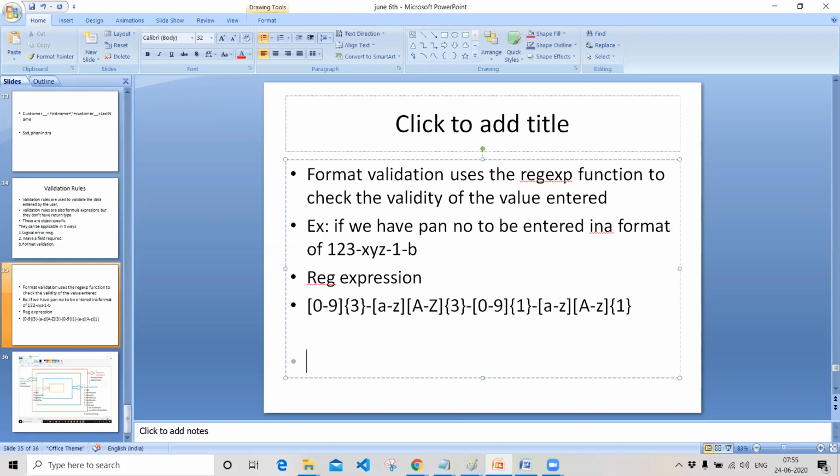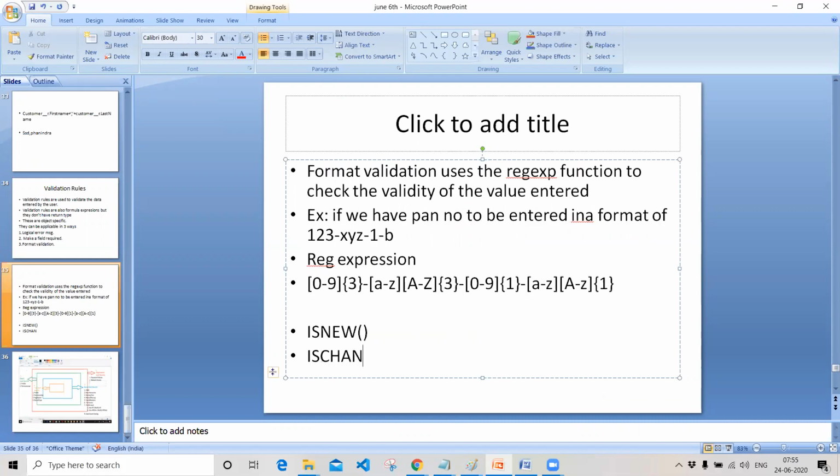is new and is changed. What these functions do is, whenever you click on the new button and create a new record, only then will this validation rule fire. And is changed will fire whenever you are modifying the values of an existing record.